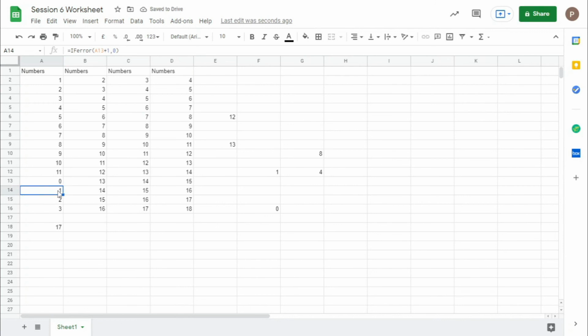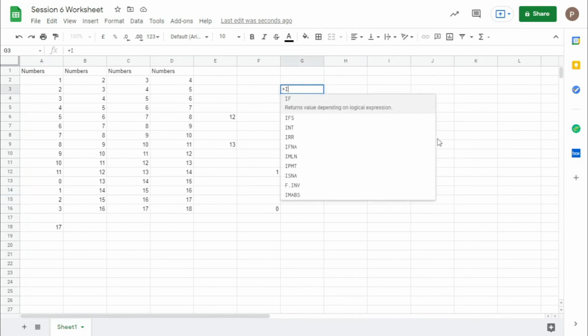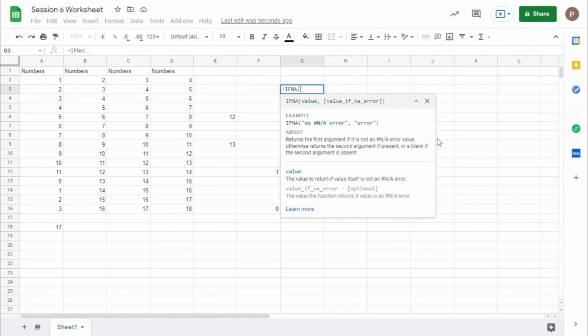Since it's an error, it gave a value 0 here. From next onwards, since there is a 0 here, it counted 1, 2, 3. So you lost the error, right? And there is another function called IFNA, which is also useful for the same thing. Give a 1 by 0, comma, IFERROR 0.